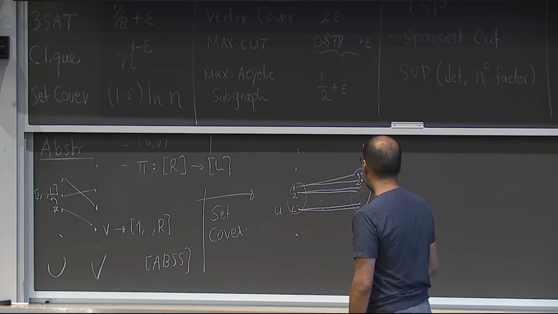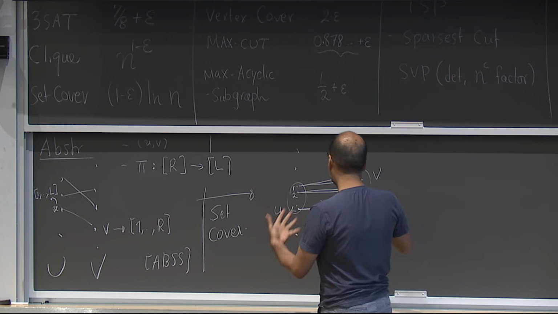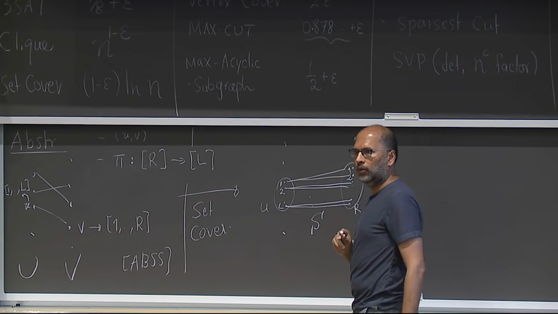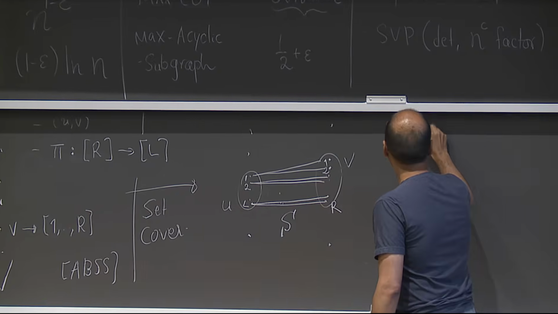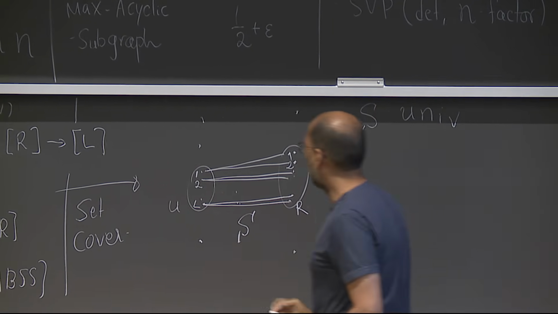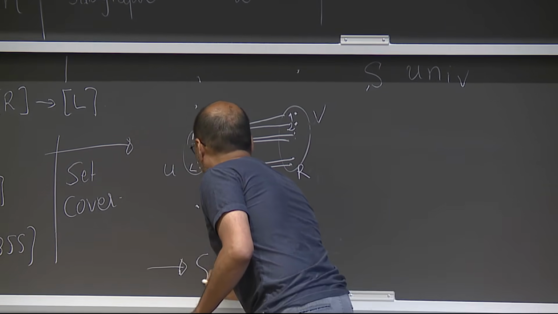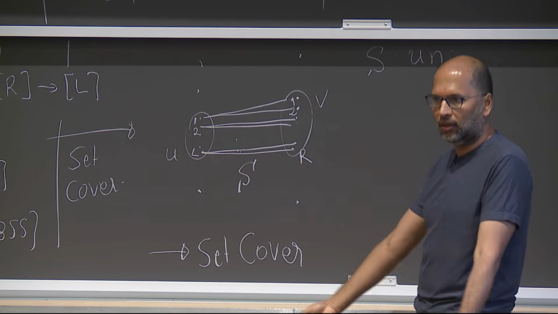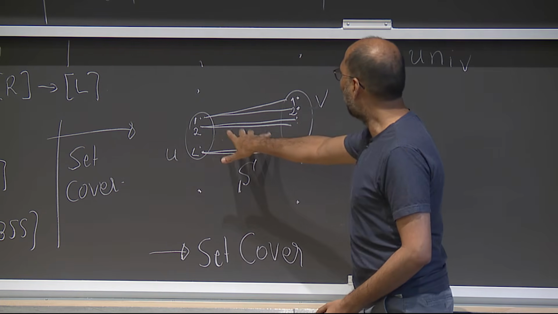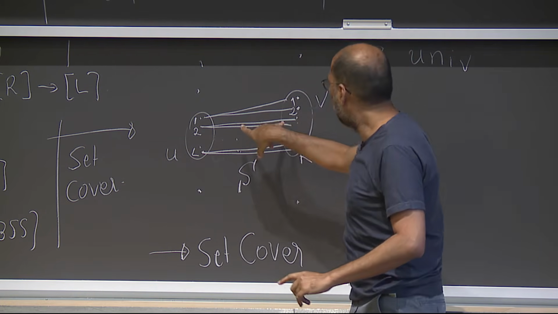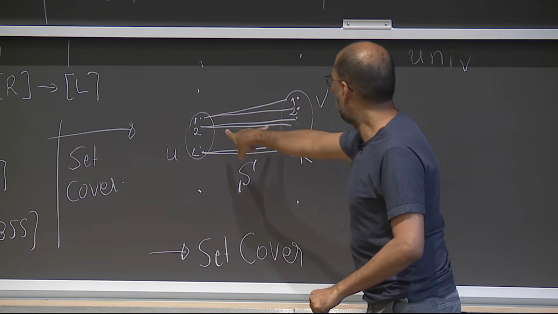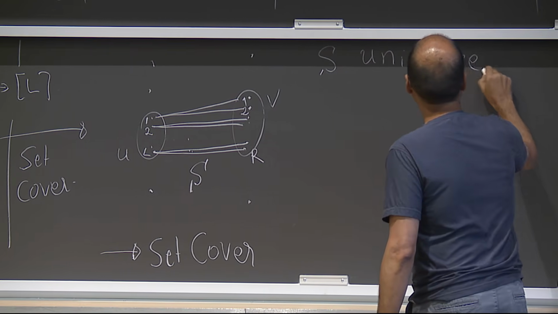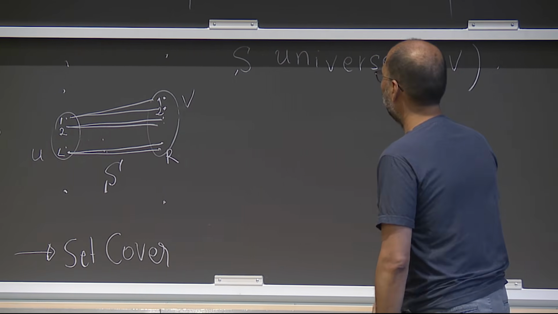So what you do is, for each edge, you introduce a universe of elements, right? Call it scripted S. So S is some universe of elements. So recall, we are trying to get a reduction from this to set cover. So set cover is a problem about elements and sets. So I'm telling you what the elements are, elements of the universe. So there is going to be one universe, completely separate, for each edge of the label cover. Okay? Now, if you fix an edge, let's call the universe scripted S, the universe for the edge little u, little v.